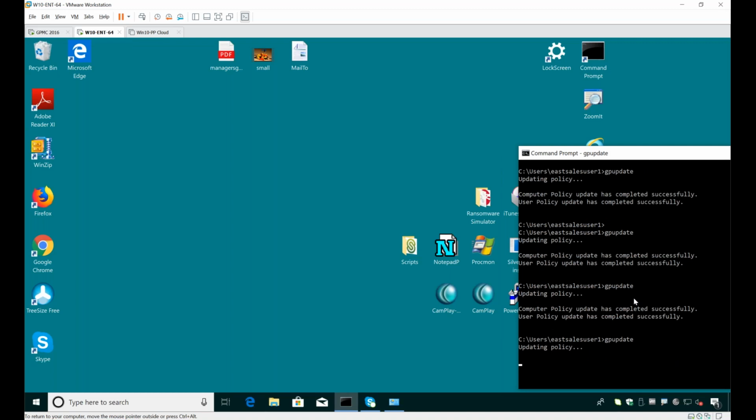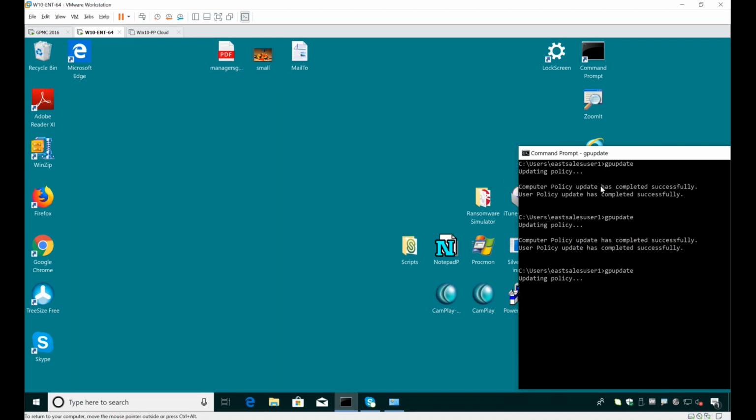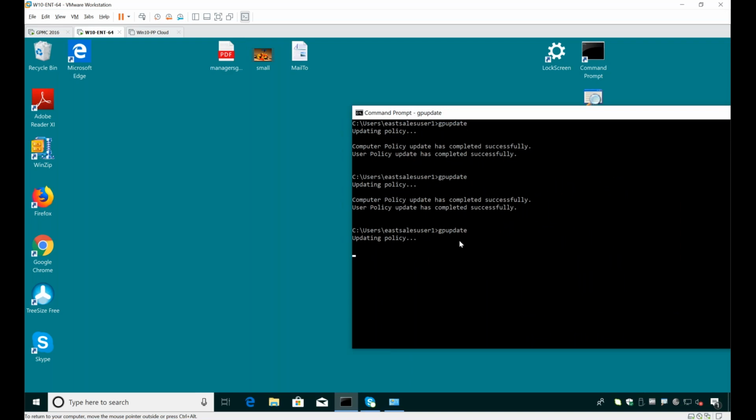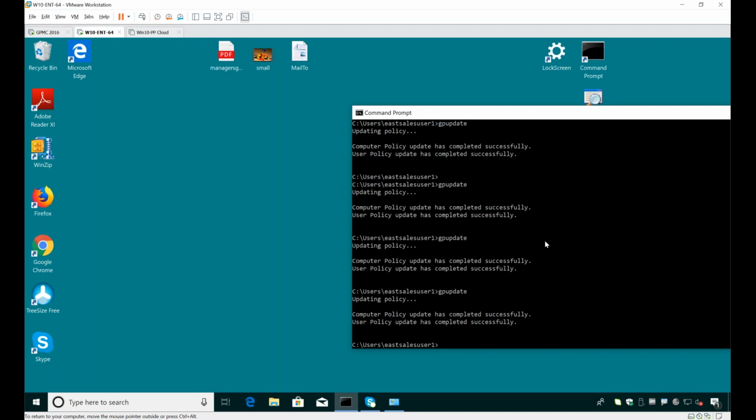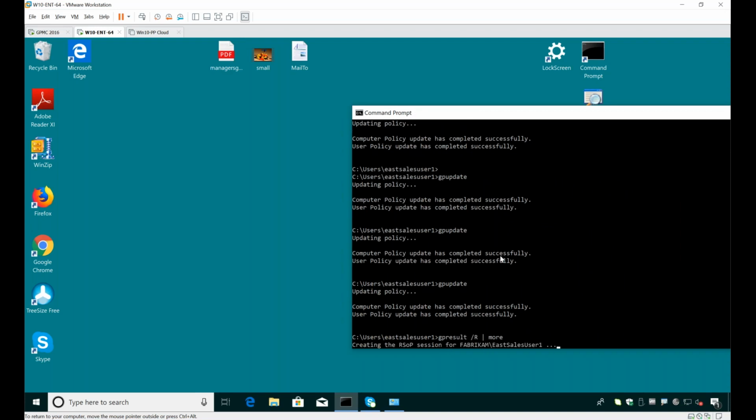I'm going to run gpupdate here. This is one of those things that you will not see take effect until the next time you log on. It's just the physics that we're given in the box. So in order to see this, I've got to wait for group policy to apply. I'm going to just double make sure I got this policy with a gpresult /r. Okay, just making sure I got the policy. Then I'm going to log off and log back on, and then we should see it take effect. So we'll run gpresult /r as a little quick check before we log off here.